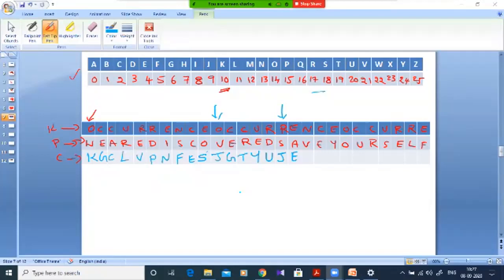So do you need any clarifications in this? Just know that this Vernam cipher technique is based on the XOR operation on the binary digits. No need of an example. It's a very simple one. Clear? Yes, sir. Okay.